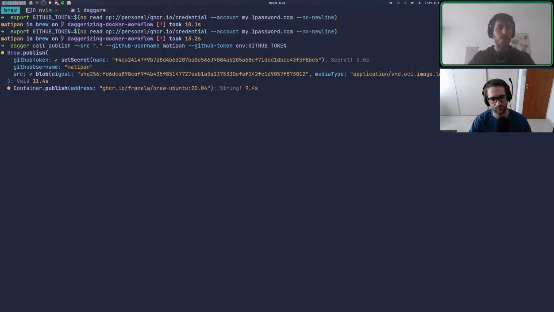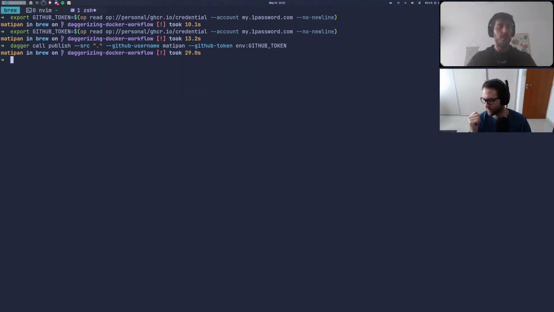Was it brew dash Ubuntu? I can't really recall the naming. Their naming was different, but I went with Brew Ubuntu because their naming is like Homebrew Ubuntu, and since we're using our own org, I didn't want to. Okay, nice. So now let's do a Docker run, and I'm gonna do ghcr.io, vanilla brew Ubuntu, and then